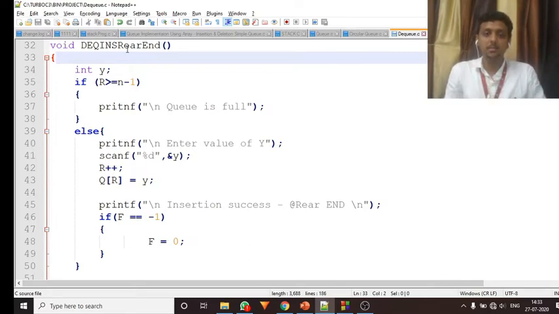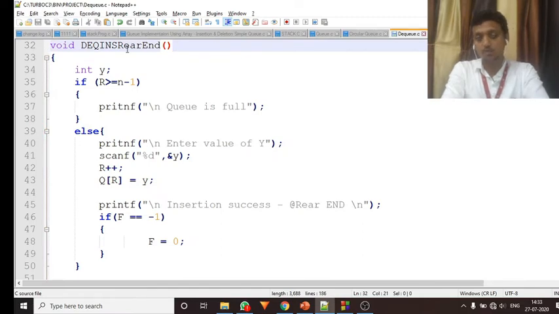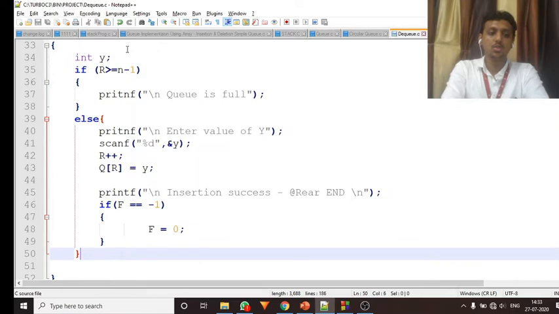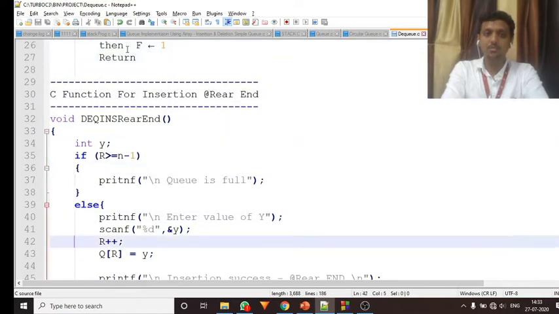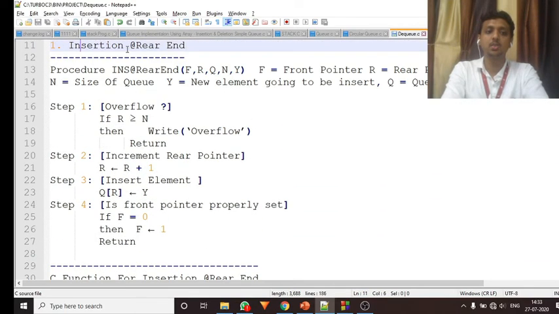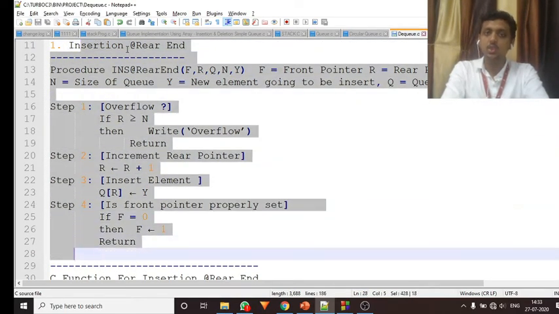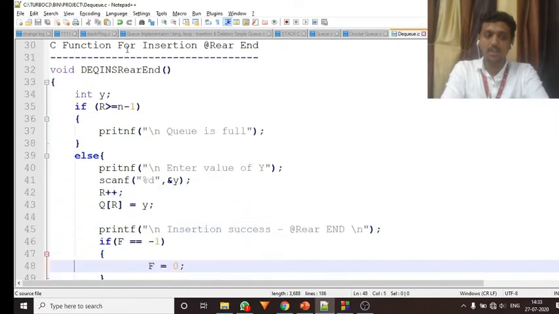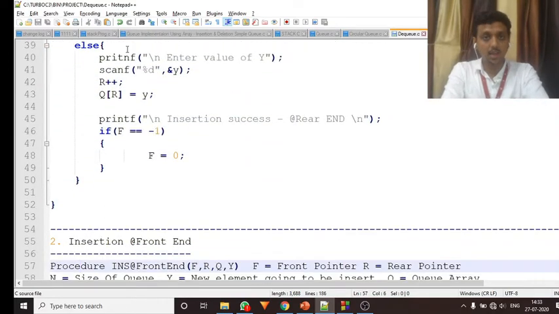But always remember, the function user should be able to easily understand what you are going to do in that function from its name. This is a common request to all of you: make sure the function name is understandable and clear. I'm not going to write this again because I have already told you how we can convert this simple queue insertion algorithm into C programming. So let's move forward to the next part.